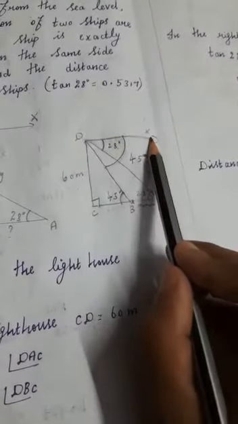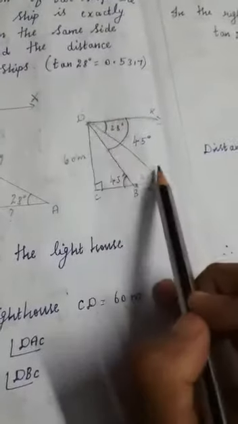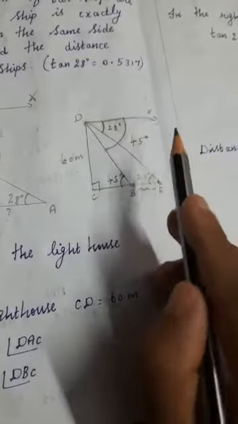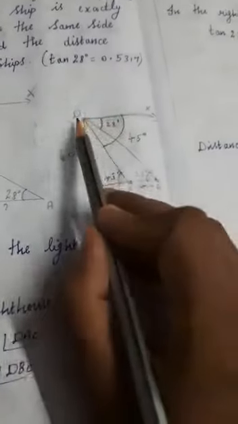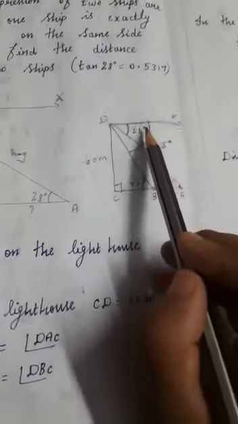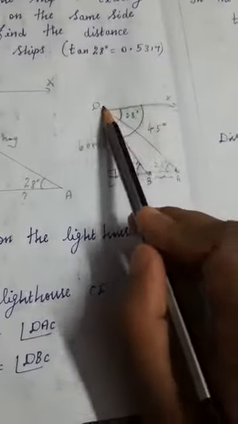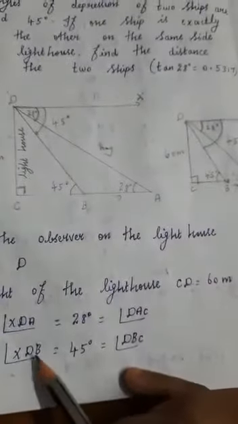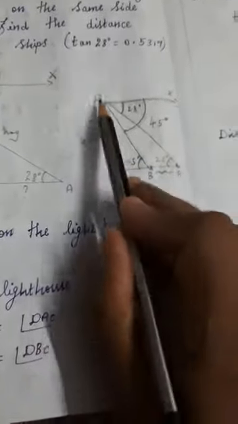The next one, angles, how to write. You know that angles X, first 28 degree, which two angles are equal, XDA. Okay, so that angle is equal to, here this 28 degree, what will it come, CAD. So DAC or CAD, anyway you can write, that is 28 degree. Next 45 degree angle, how we can write this. XDB. Okay, so XDB is equal to 45. Next here what is the angle, so DBC. Okay, so that is 45 degree.